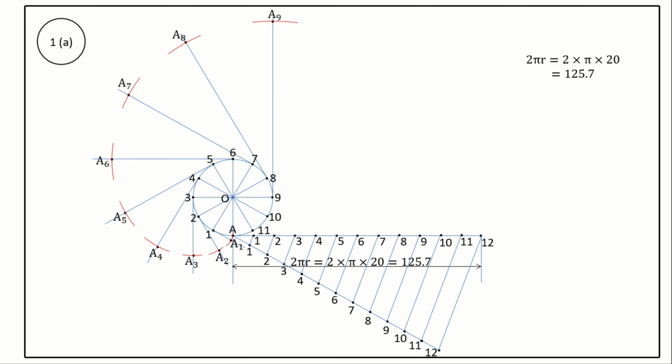Similarly, from the point 10 on the circumference of a circle, draw a perpendicular line to radial line O10. Take a protractor and draw a perpendicular line to O10 from the point 10. This line is tangent to the point 10. Take a compass, measure the length A10 on the horizontal line with center point 10 and radius of length A10. Cut an arc on the line tangent to the point 10. Mark the point as A10.